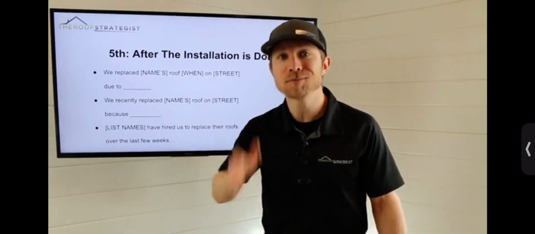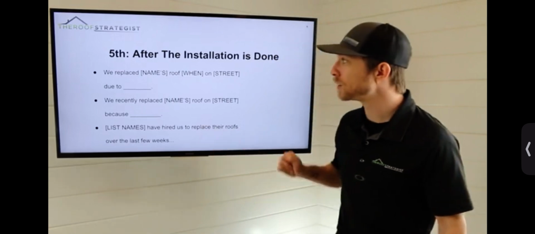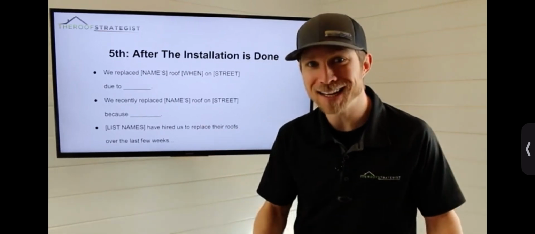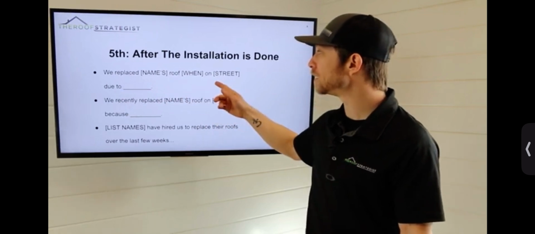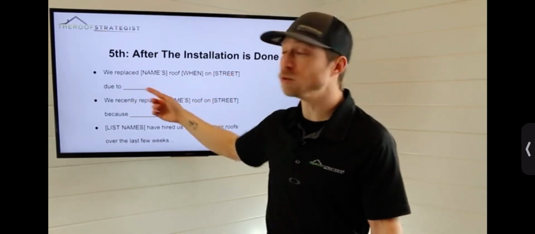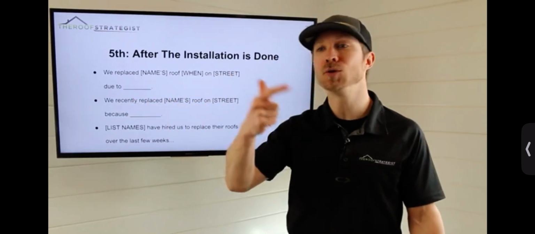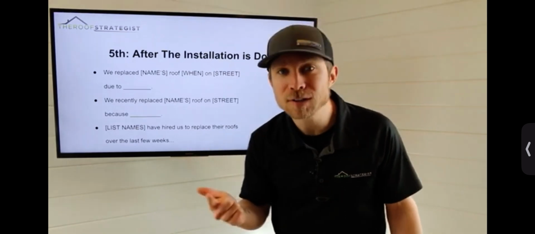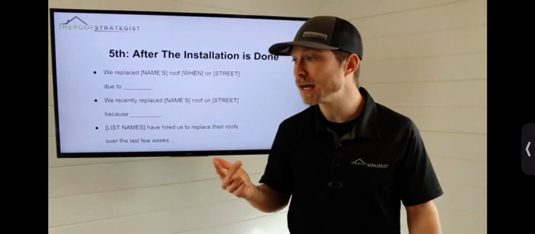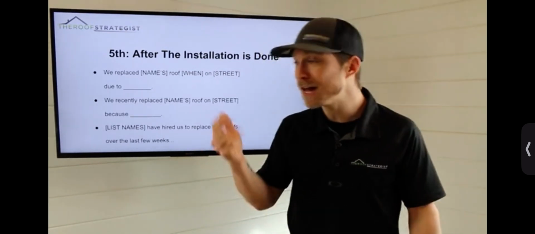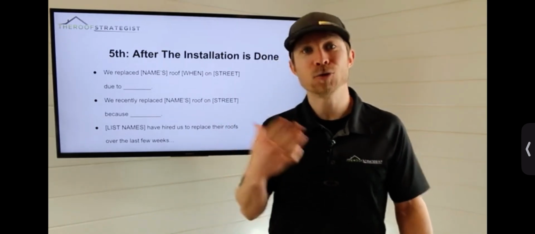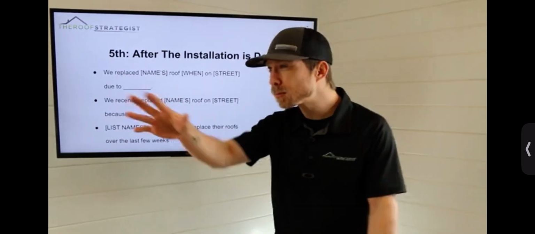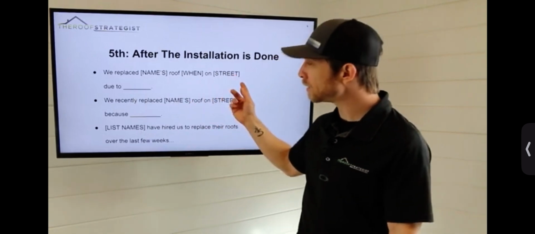So job's done, you're going to go back in that neighborhood. And this is what you're going to say. Hey, again, say hi, break the ice. Let them know why you're there. Hey, I'm stopping by. We replaced Peggy's roof on Lexington last week due to what? Due to age, due to wanting an impact-resistant shingle, a cosmetic upgrade, due to leaks or issues, due to hail damage, due to wind damage, due to a hurricane, due to storm damage. So we're going to tell the reason. Hey, we replaced Peggy's roof last week on Lexington due to this.